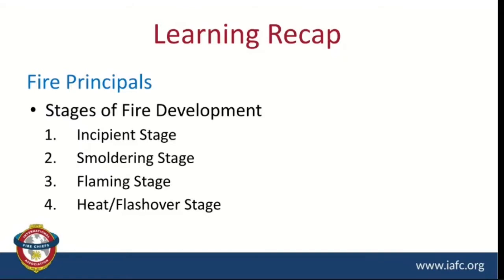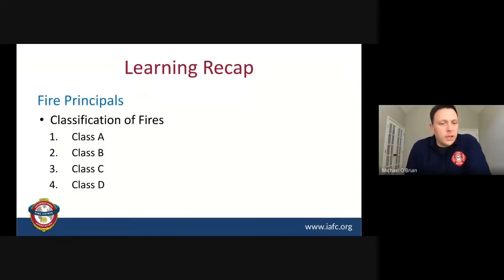And so recognizing how we can catch those as early as possible is critical. We have the four types of fire: Class A, B, C, and D. I think most of our responding crews are typically seeing Class A with an occasional B. We turn off that power on a C and it quickly becomes a Class A. And then obviously there's those metal fires, those Class Ds hanging out there.